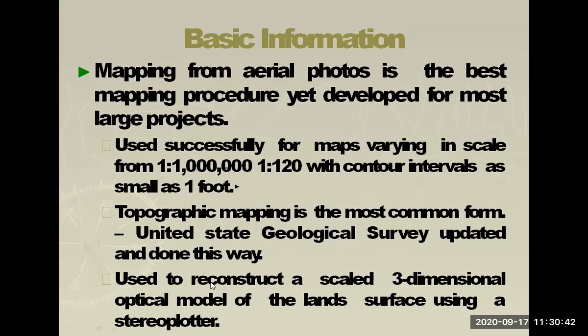And the next point is used to reconstruct a scale 3-dimensional optical model of the land surface using the stereoplotter. As I told you, the image has 2 dimensions, length and width, but by using remote sensing techniques or photogrammetry, we can find the 3rd dimension, that is height. 3 dimensions means length, width and height. So length and width we get from the photograph, लेकिन हाइट हम स्टीरियो प्लॉटर, स्टीरियोस्कोप इंस्ट्रूमेंट इज यूजिंग फॉर द स्टीरियो प्लॉटिंग, and we can find the third dimension, that is the height